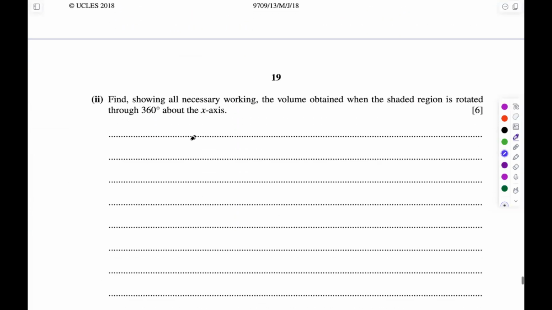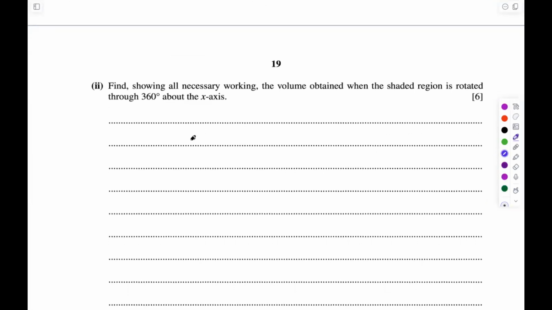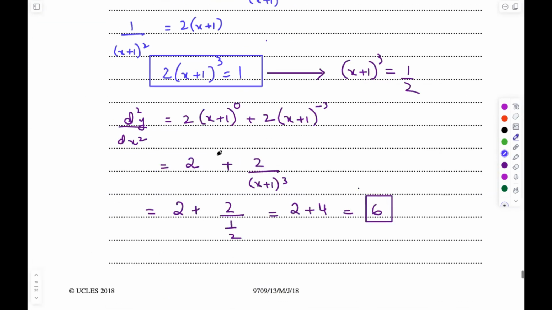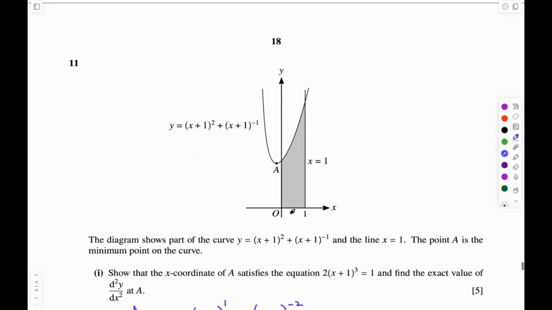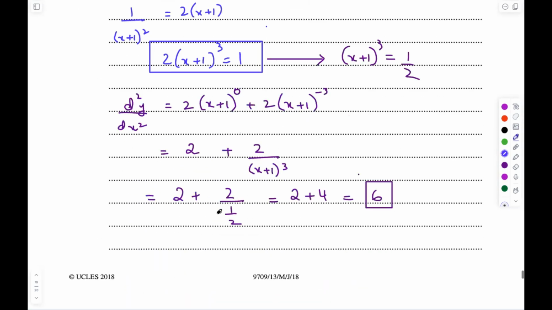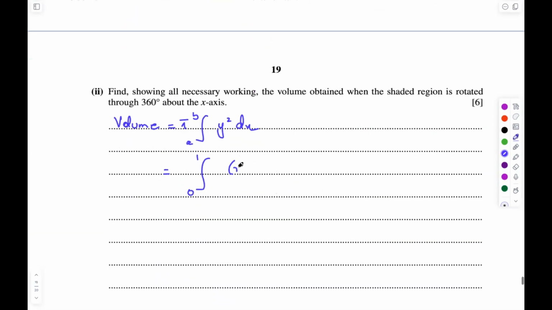In part 2, we have to find the volume obtained when the shaded region is rotated through 360 degrees about the x-axis, and we have to show all the necessary working. So the formula for volume is the integral with limits b and a of pi multiplied by y squared. In this question, the limits will be 1 and 0, as we can see that the shaded region is from 0 till 1. The equation of the curve is x plus 1